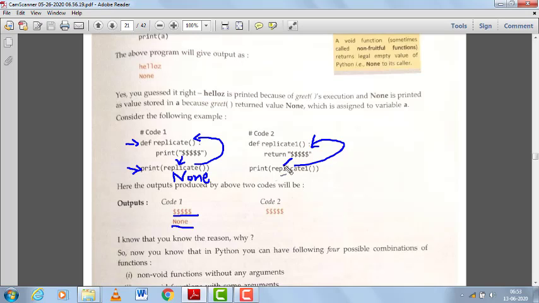It is a string. It is returned here, and the 5 times dollar string will come back to the place where the replicate1 function is called. Now, with this argument, the print function is called, and 5 times dollar will be printed and nothing else. In the first code, None is also printing, but here only 5 times dollar is printing. You know the reason.